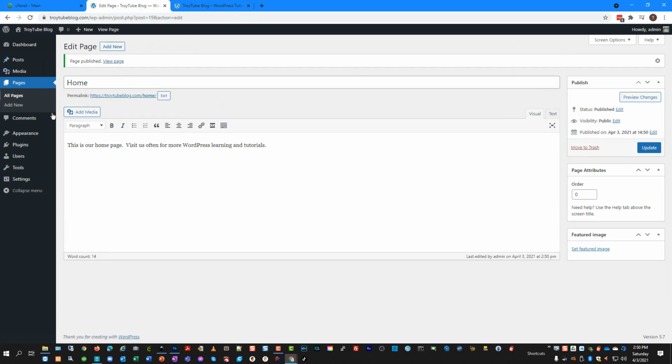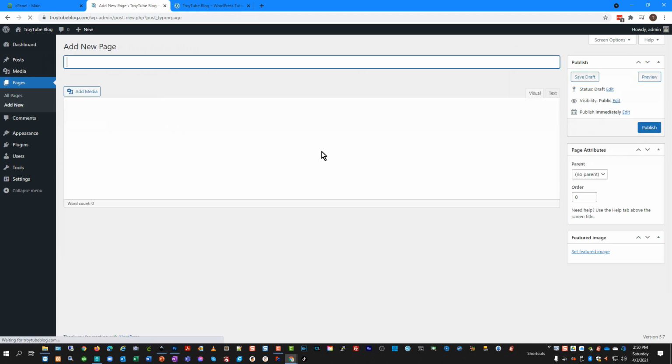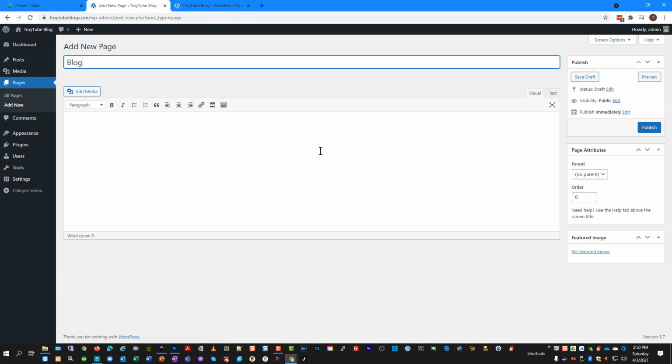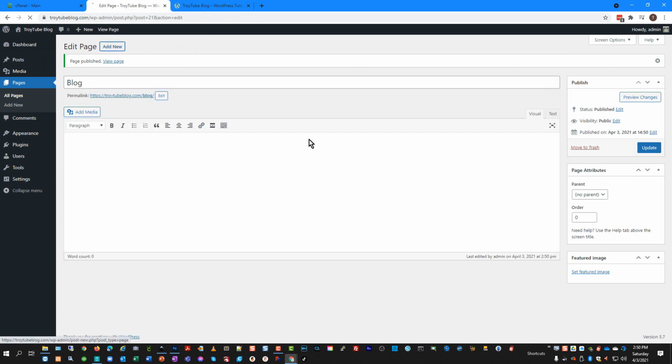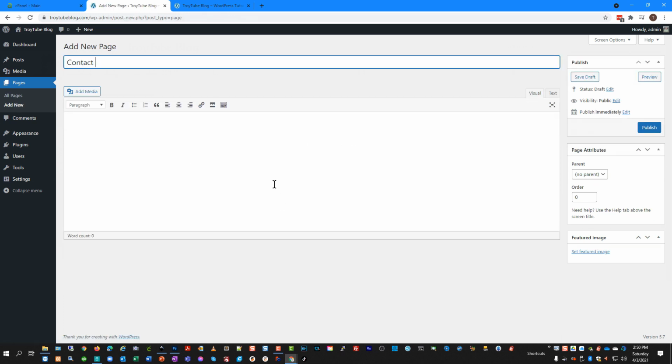And if you'll remember, down in our settings, we can specify what is going to be our home page as a standard static setting, and we'll do that in just a moment. But right now we're going to make a couple more pages. We're going to create a page called blog, and we're going to actually leave this page entirely blank, and we're going to publish it. We'll create a new page called contact us,